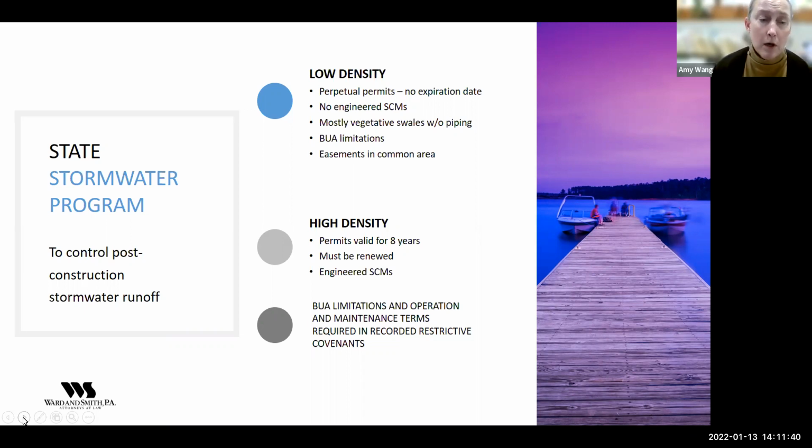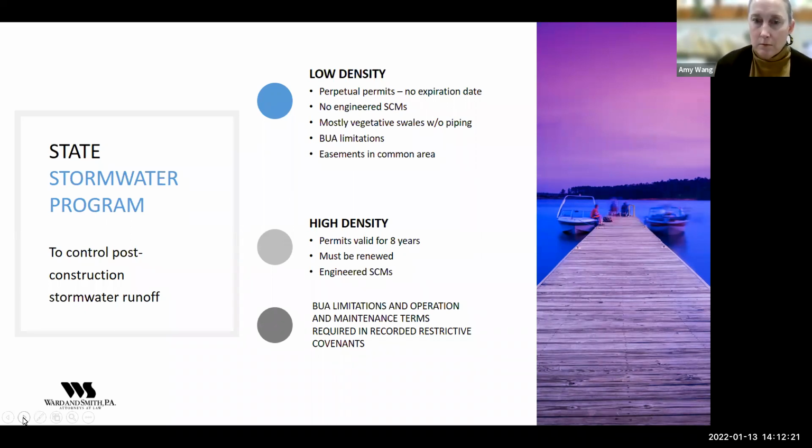The state stormwater program also covers outstanding resource waters and high quality waters that are more frequent to the west of 95 outside of the 20 coastal counties, and also SA waters or shellfishing waters, which are east of 95 in our coastal counties. The regulations and terms of the permits protect those receiving waters by limiting the amount of built upon area or impervious surface that replaces a green space so that there's enough remaining soil to do a couple of things to try to protect water quality.